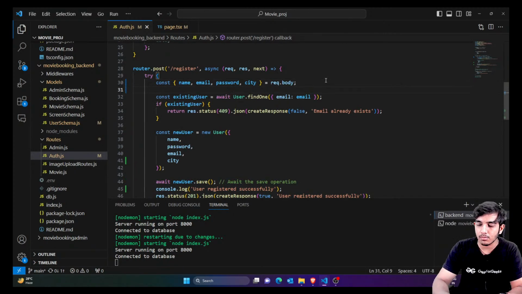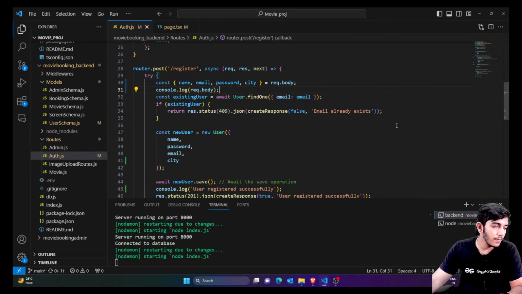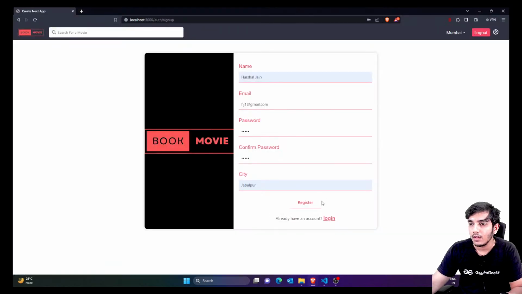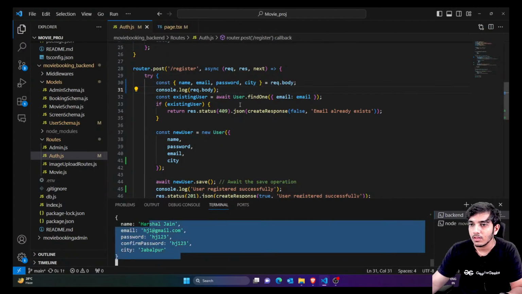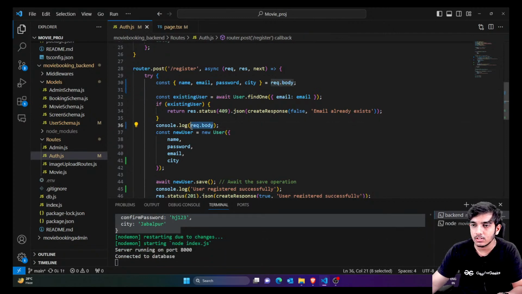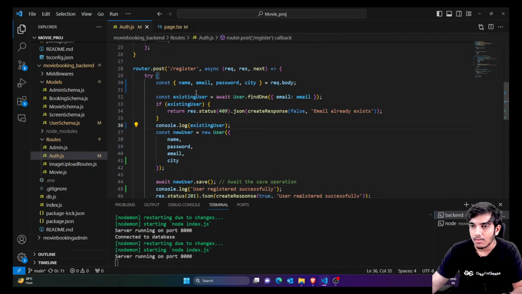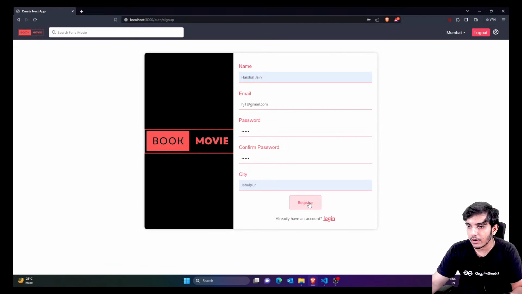So I'll simply say that when you're not able to reach here, so first of all, let's try to print the body. So I'll simply say console req.body. Again, if I click on register, so you can see I'm getting the body. And one more thing, I think this is fine till here. Now what? I would simply check for the existing user. If existing user is not there, that means this would be empty. But if existing user is there, that means I would get some error. Okay, so if I click on register,